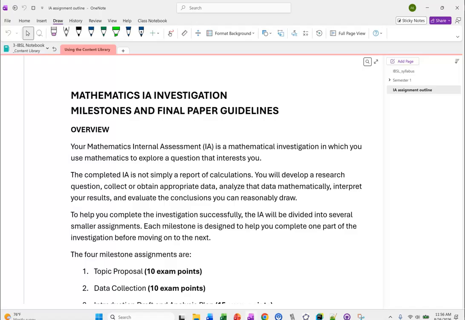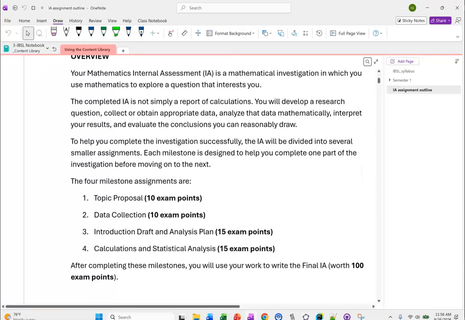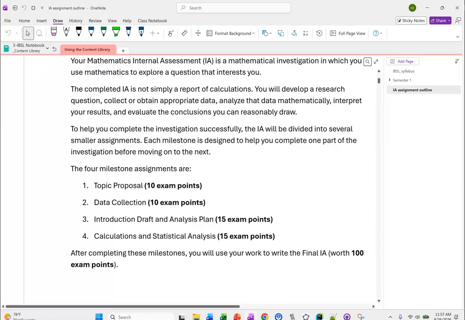Oh, yeah. So I'm going to talk just a little bit of the broad strokes here about this for a moment before we move on. Essentially, to help facilitate getting this IA done, we're going to have 4 milestone assignments along the way that you'll complete. So you'll do a topic proposal, you'll do some data collection, you'll write an introduction draft, and complete some of the calculations and analysis that you would use